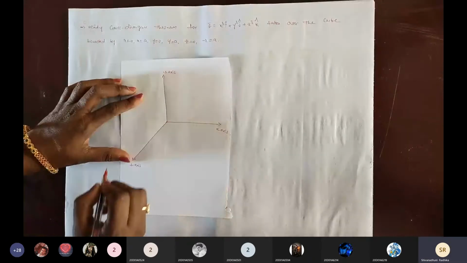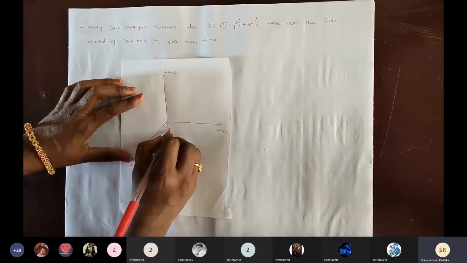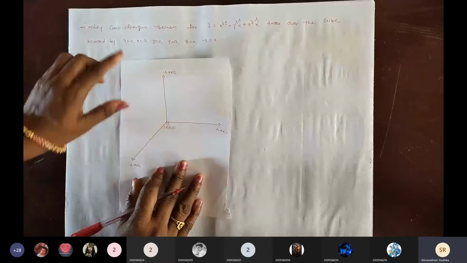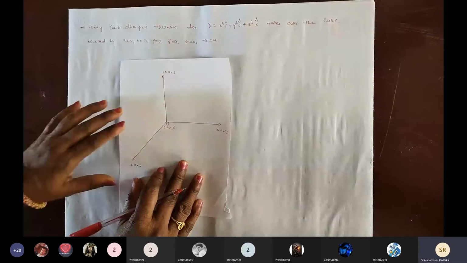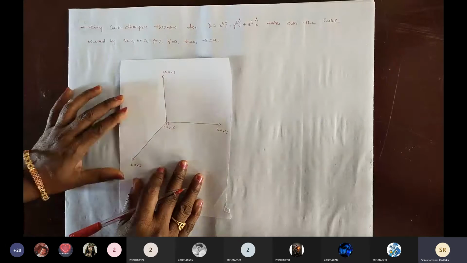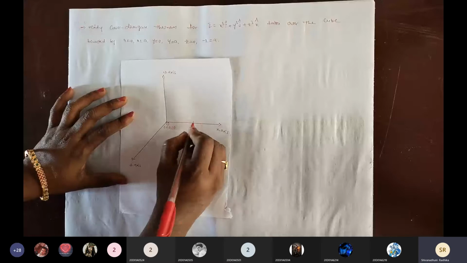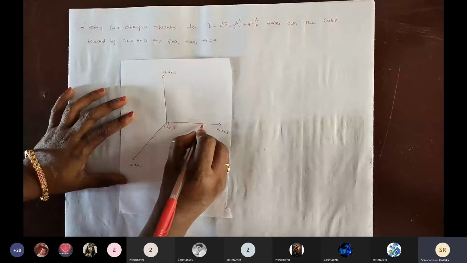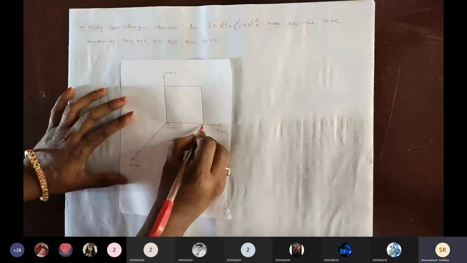Here y equals 0, z equals 0. This is the origin point (0, 0, 0). x equals 0, y equals 0, z equals 0, complete. Next, x equals a. Just we are going to take the point x equals a on the x-axis. First, we are going to draw the cube.